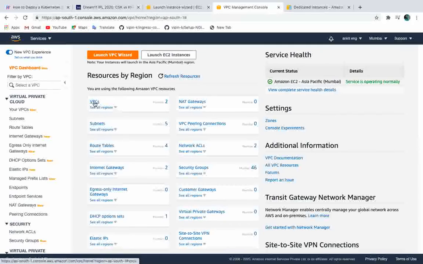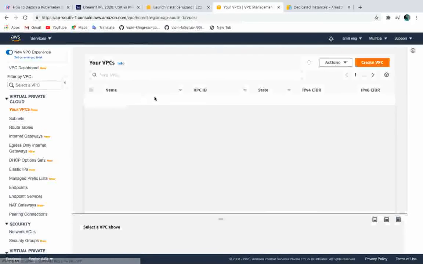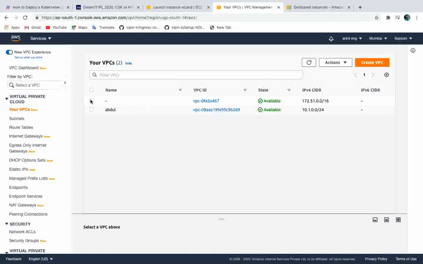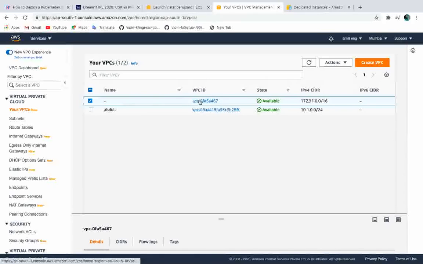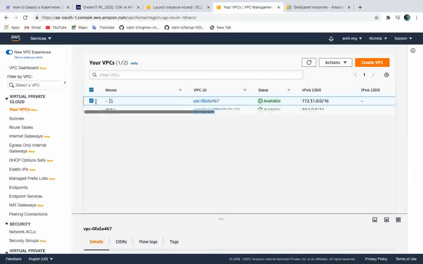You can see here, AWS by default creates one default VPC for you, and then the subnets and everything. This is managed by AWS. The default VPC is managed by AWS, so never try to delete the default VPC, otherwise you will not be able to create any EC2 machines. But if you have deleted the VPC, don't worry. If you know how to create the VPC and the subnets, then you can also create them. But don't try to delete the default VPC.